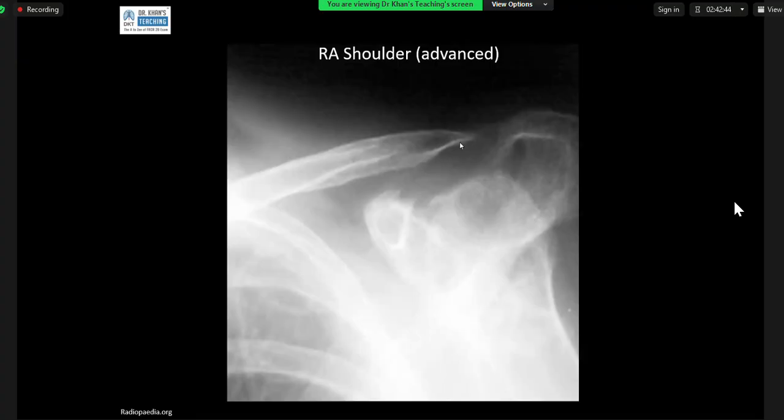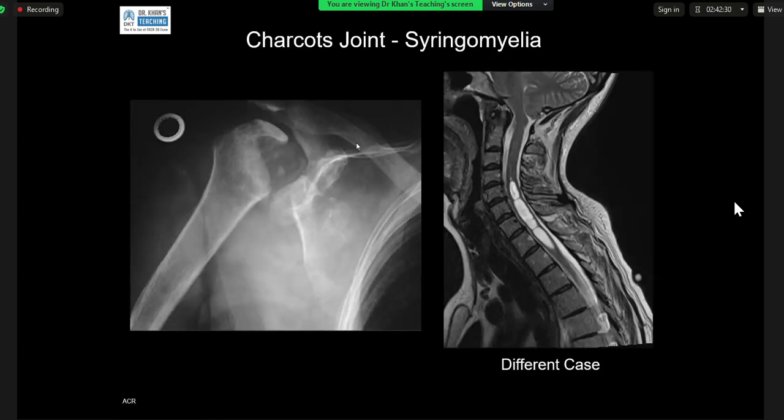Here is another case from Radiopedia, where you can see lateral end erosion. Look at the head of the humerus, and you can see this erosion. It is completely ill-defined. Now, you got confused because of Charcot joint, and that was a very good call. But please remember, in Charcot joint, because of syringomyelia, the AC joint will not be involved, number one. Number two, actually, your thought process was good,